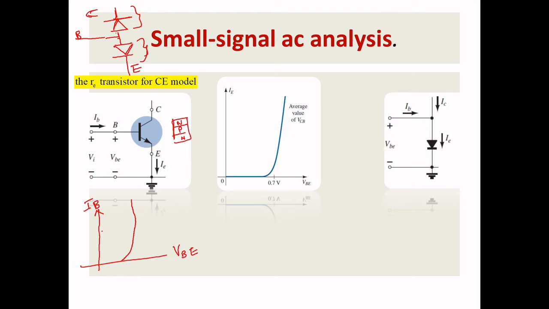You have three resistances: one is DC resistance, another is AC resistance, and another is the average resistance, right? As we have discussed about the small signal analysis, we will be speaking about only the AC resistance, right? It is the change of IB over the change of VBE. Okay,